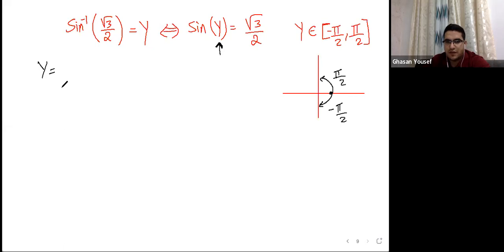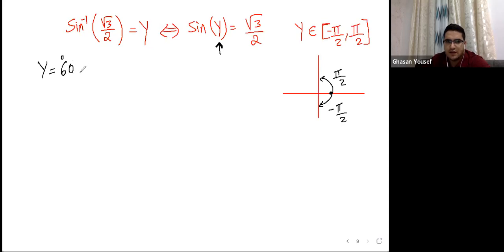Sine of 30 will not give me square root of 3/2; sine of 30 gives me 1/2. Is it 45? Sine of 45 gives me the square root of 2/2, so not the answer. Is it 60? Sine of 60 gives me the square root of 3/2. Yes, so y is actually 60